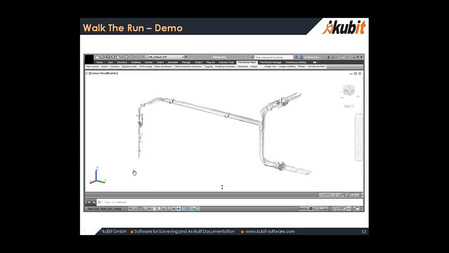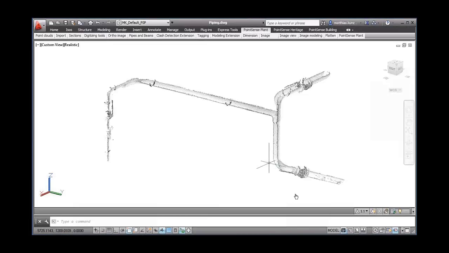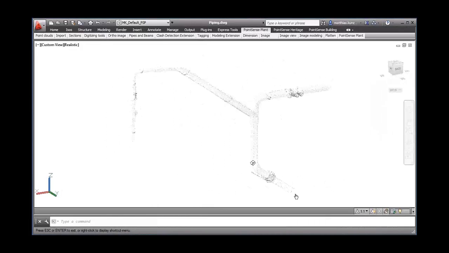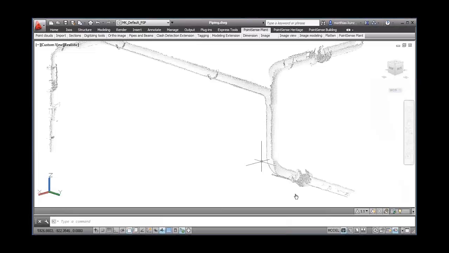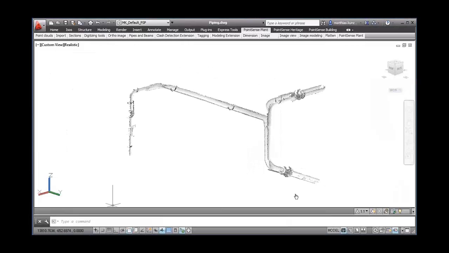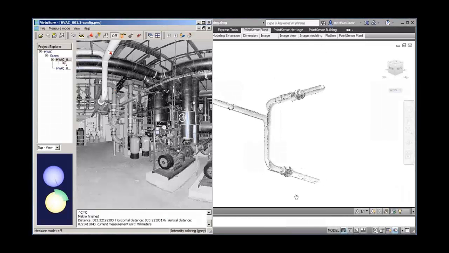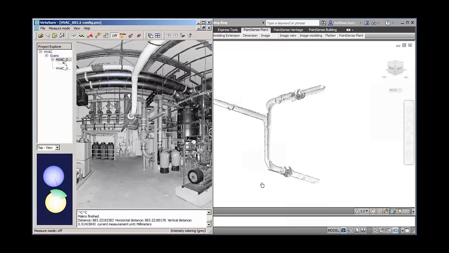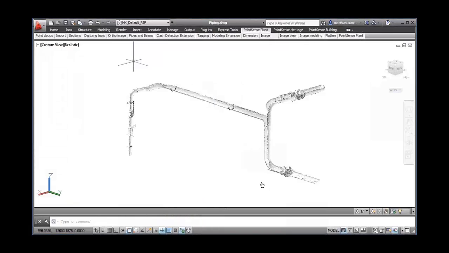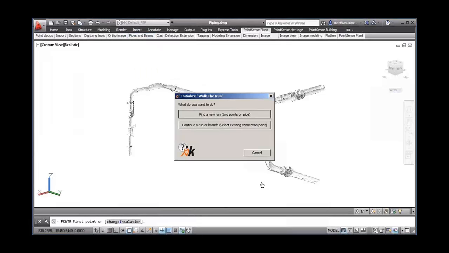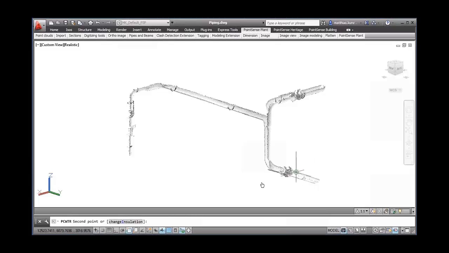Now I'm going to demonstrate this walk the run. So basically we have a pipe run here, which is just clipped from a point cloud, and so you can see that in AutoCAD. If I change to VirtuSurf now, you can see that this is basically just a heating room where pipes are going through, and let's say we would like to model these pipes within AutoCAD. So all I need to do is to start walk the run, and then I find a new run, and by just clicking 2 points on the pipe